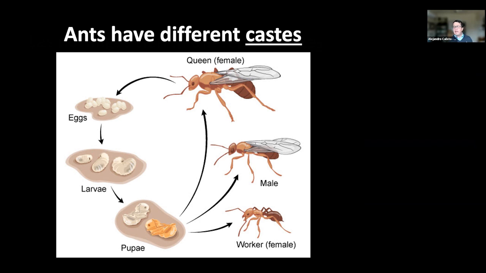One really interesting characteristic about ants is that a queen can lay eggs that produce reproductive individuals, either males or females, but also workers, which are all females, and those workers cannot reproduce. That's a very unique characteristic in ants.